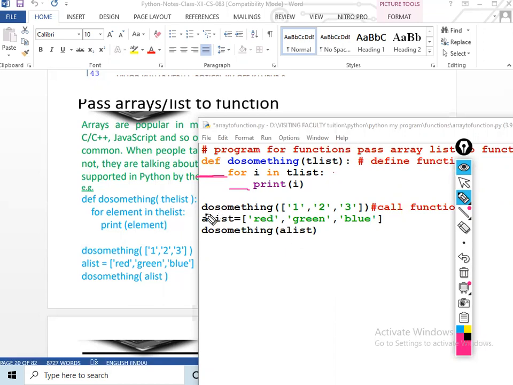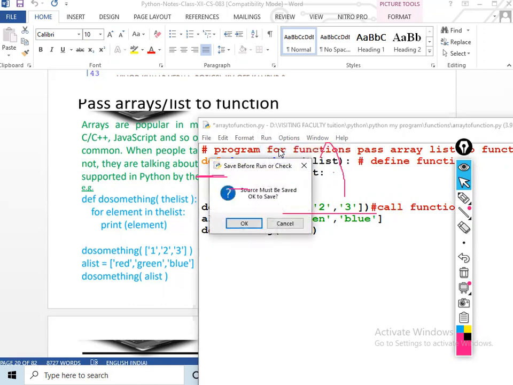Now how to pass it? This is calling. First time we are calling with 3 values. The 3 values pass as it is. It will assign to the first position 0, 1 will print, then position 1, 2 will print, and the third will print. Now how to run it? Two times we have called it.